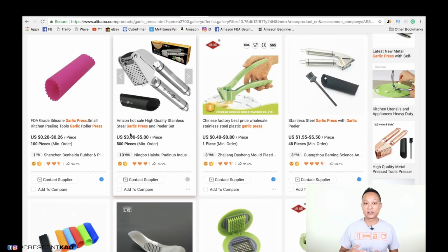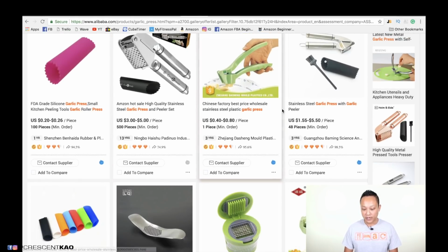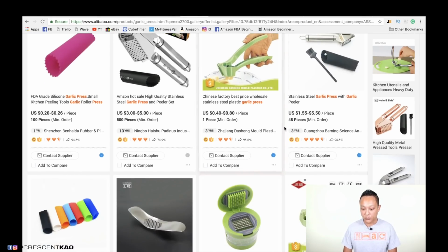5,000 units, 10,000 units or more. Don't expect to pay this $3 if you only order 500 units or 100 units for your first sample order, okay? You're probably going to end up paying closer to the $5 range, all right? So what I would do is when I go through here, I'm going to take note of all the garlic presses